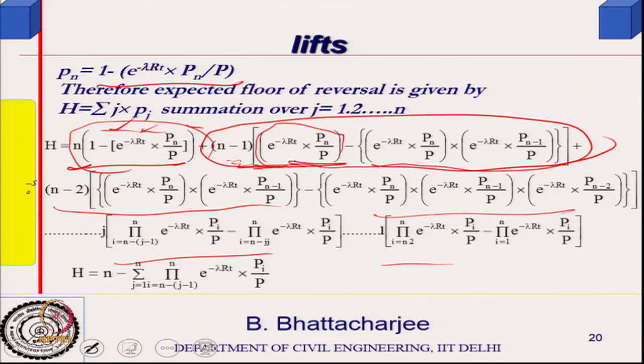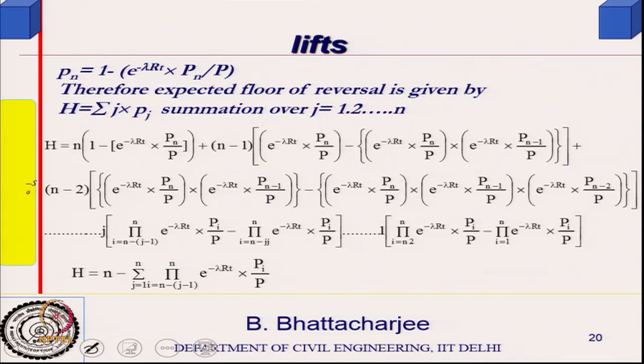So one can obtain the H value something like this. H can be formulated in this manner, where n into 1 will remain. This product again will cancel out, leaving one term, because there is an n minus 1 term of this, there is an n term of this. So one term remains. Similarly, one term of every one remains, and then this is a summation, with a plus sign here, and this is a product sign, like earlier also we did the same thing, j going from 1 to n, and this goes from n equals j minus 1